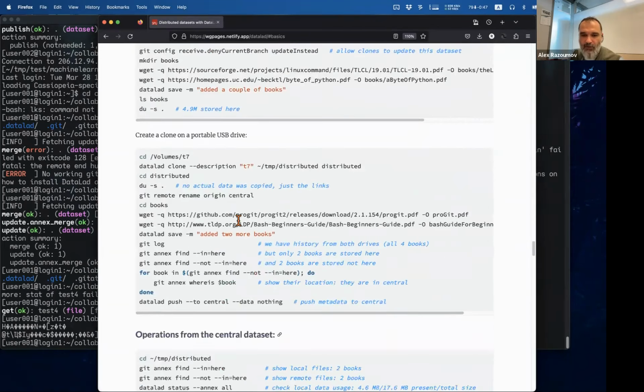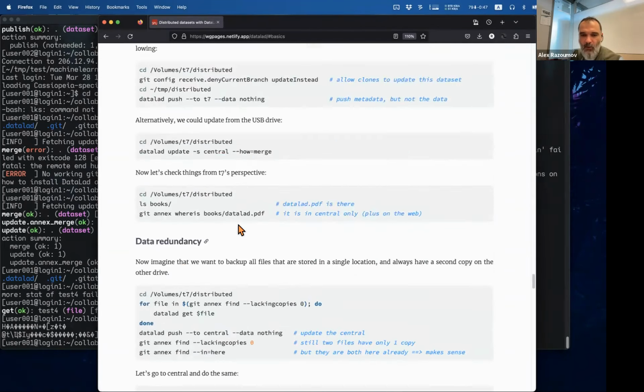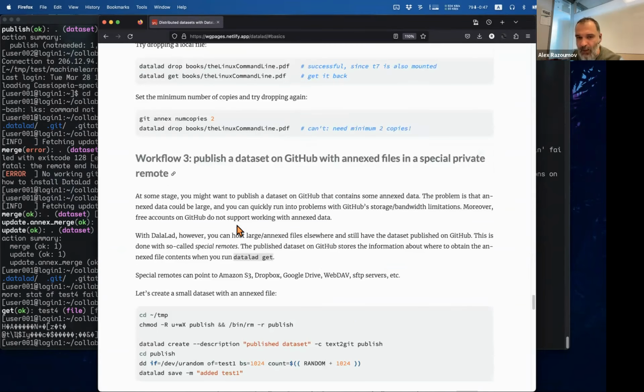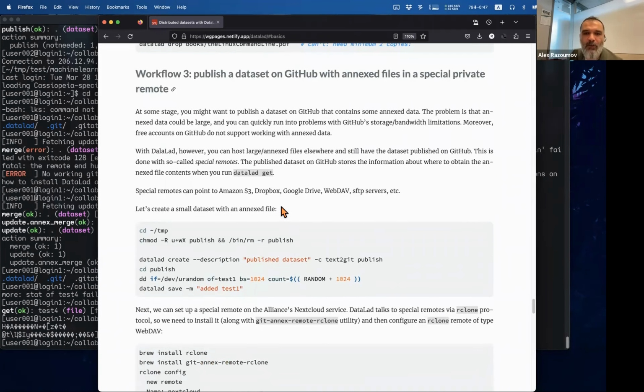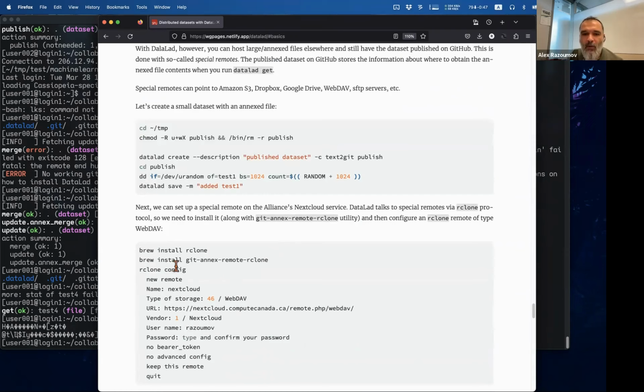You have to go through these yourself, and then working with Nextcloud. You know that we provide the Nextcloud server. Basically, it's an online location to store your files and to share these files with anybody else. Very, very convenient. And the way you work with this Nextcloud server inside datalad is you first have to configure a remote. So you will need to install a command called rclone, right? When you run rclone config, it will configure a remote,